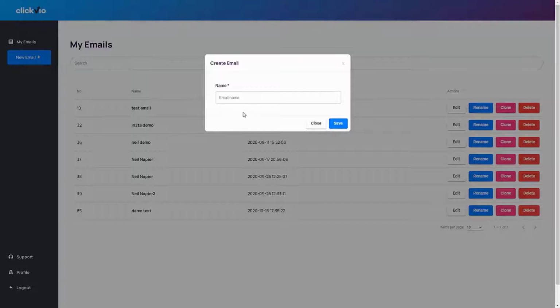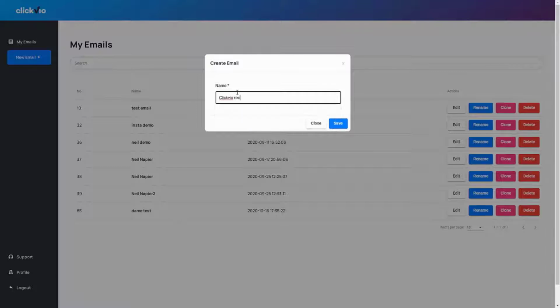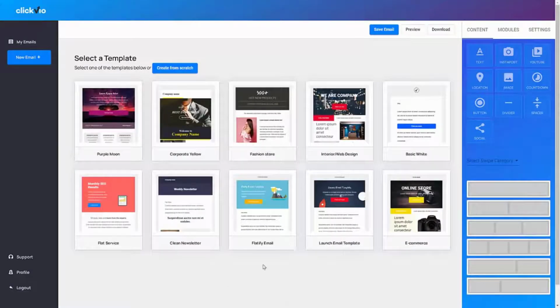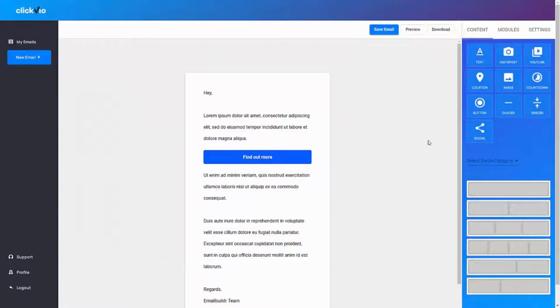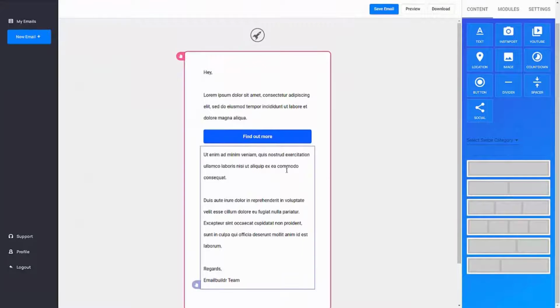So you go ahead and click on a new email. So I'm going to just put in a random email. For example, let's say I'm going to say QlikView recommendation, go save. So this is your email template. Now it's created. What you want to do is pick one of the preset designs that we give to you, or you can also create one from scratch as well. So you've got 10 different designs over here, and I'll pick the basic white for now because we'll be able to customize this from here.